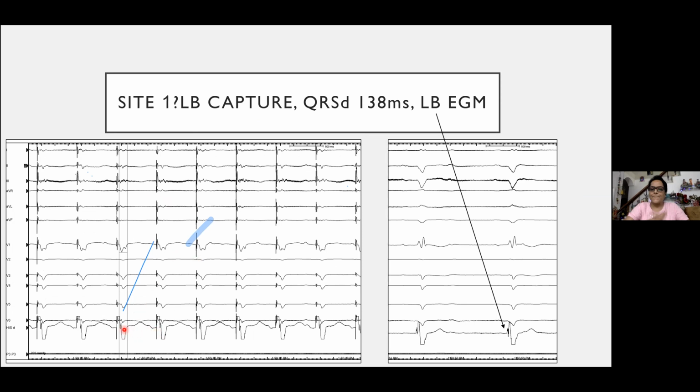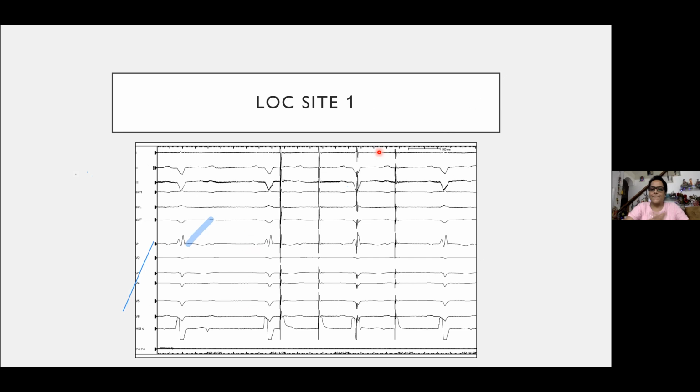And secondly, we have a local V. Again, you see a local V. And you can also see when we are not pacing, because in a RBBB conduction, you can see a left bundle potential also. So beautiful left bundle potential, and when you pace, again, like the previous case, you are not getting a R prime that you should normally have if your left bundle is intact below the site of pacing, and also you are not getting good RV forces, you are not getting good LV forces. So QRS duration is although acceptable, from 200 milliseconds we have come down to 138 milliseconds.